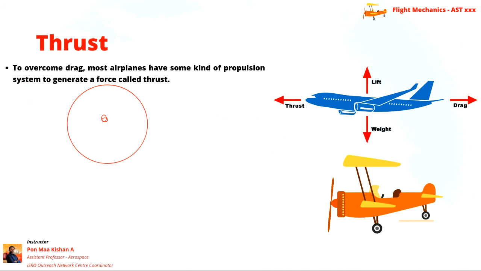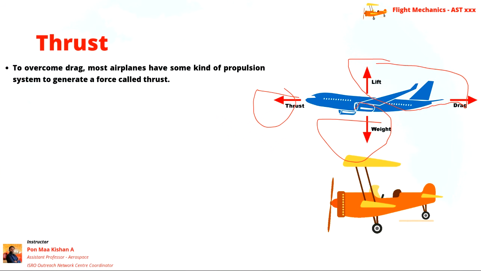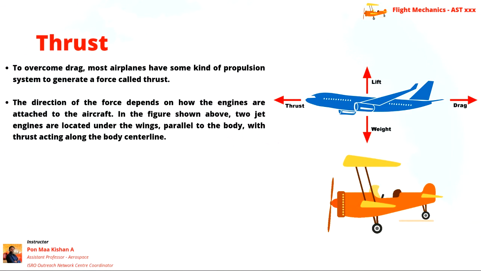Sorry, I'm just drawing roughly. So the center point, if I am drawing that, the line of thrust will be emerging from there only. Make it clear to yourself: the lift and drag will act from the center of pressure, the weight from the center of gravity, and the thrust along the line of thrust, from the placement of the engine, where the engine is located. So that is what will be explained in the second point.